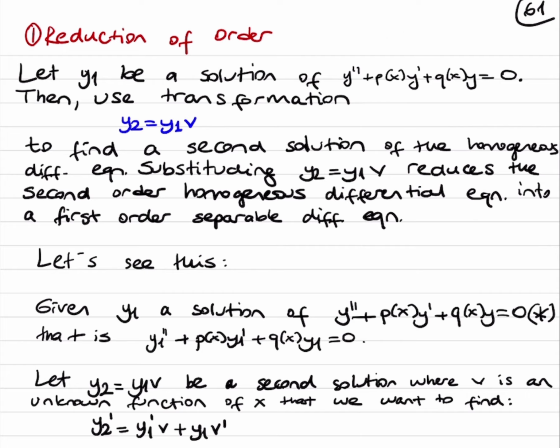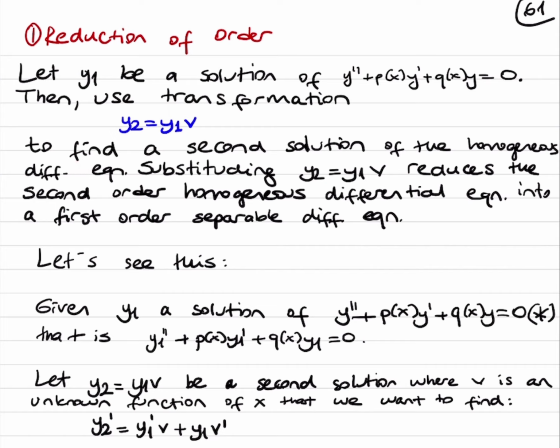Okay, given y1 a solution of a homogeneous second order differential equation, we have second order linear. Since it is equal to 0, it is a homogeneous second order linear differential equation. And if a solution y1 is given, we need to find a second solution, and there is a method to find the second solution. So if we assume y2 is equal to y1 times v, where v is some function of x, and if we assume this, y2 is equal to y1 times v, and when